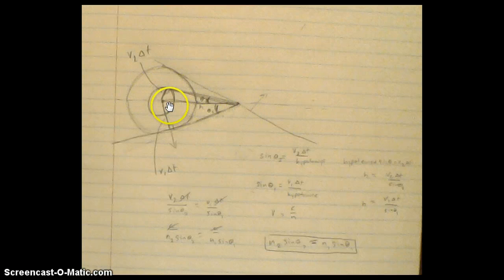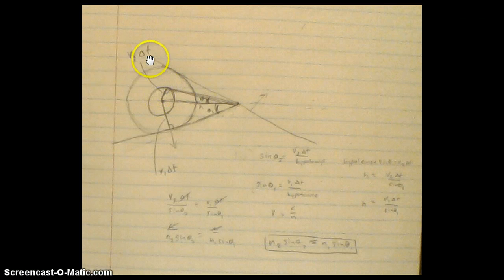Then if you draw a right angle between here and here, and then a right angle here and here, this length is the same for both of them. In your screencast, you call this a hypotenuse, and then keep that, and then set them equal to each other. So if this is theta 2 and this is theta 1,